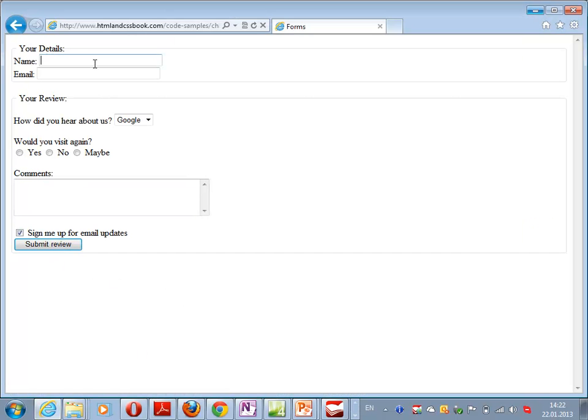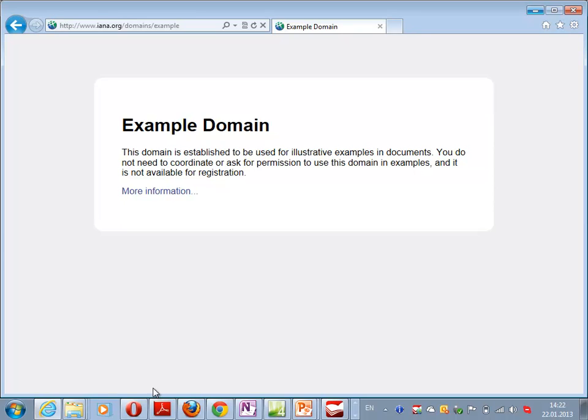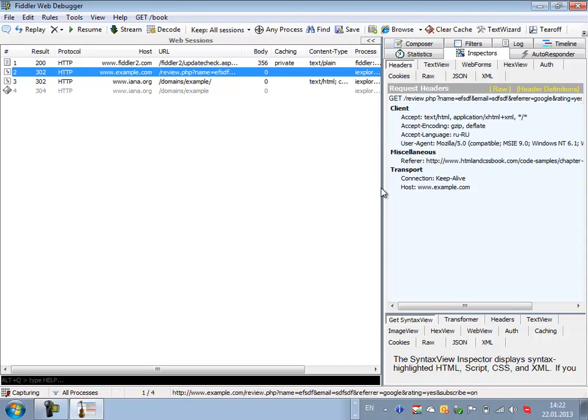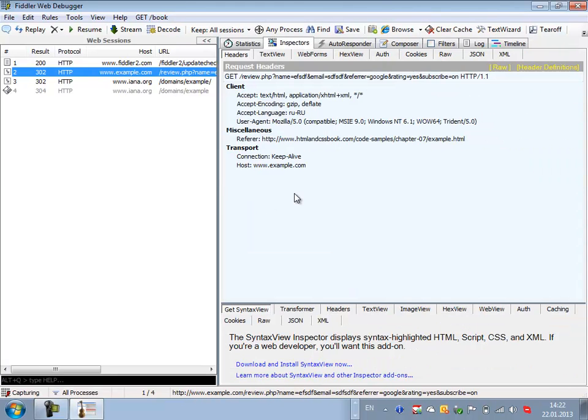I'm going to send some information and push the submit button. Actually, this is just a basic reply from some server, and I can see what information was transferred there with Fiddler, for example. So I can see there was a request get, and there is information about my form here